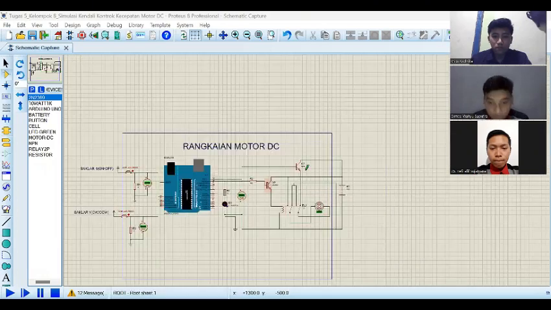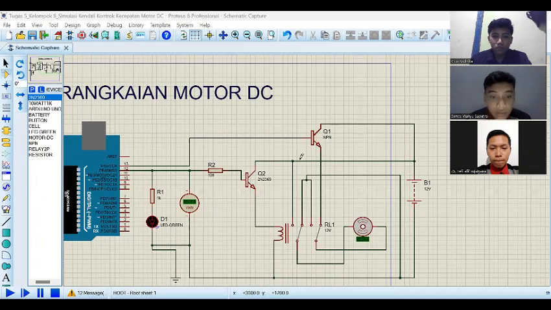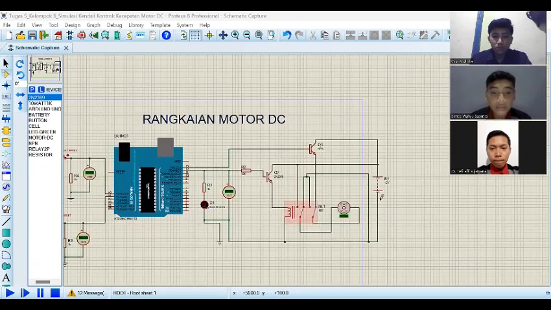The collector leg is connected to the positive battery, while the emitter is connected to the relay coil. Sorry, the negative battery is connected to a switch and LED, which is given a resistor.